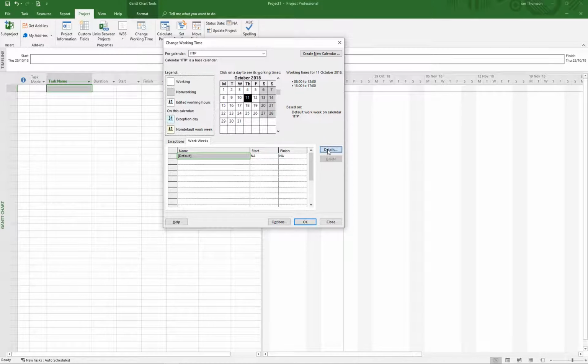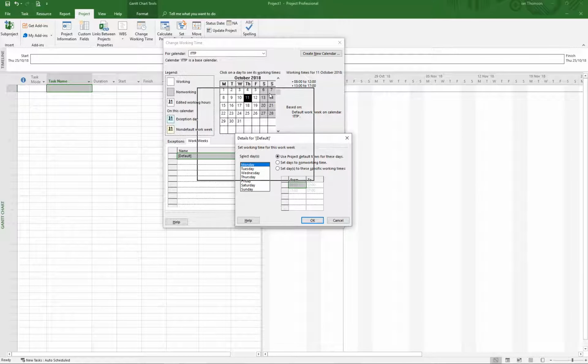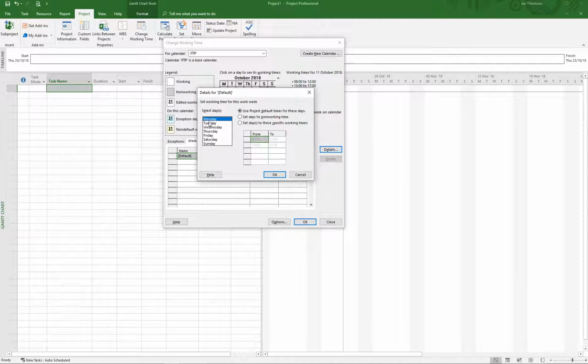And I click on details. This brings up the default details window. From Monday to Thursday, which I'm going to select, I want it to work very specific hours. So I'm going to go in here and change that to 09. You have to put a colon in, don't put a full stop or it won't accept it, till 12, 1 until 5. Now I won't click OK on this yet because what I want to do now is